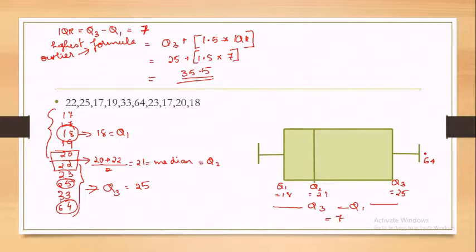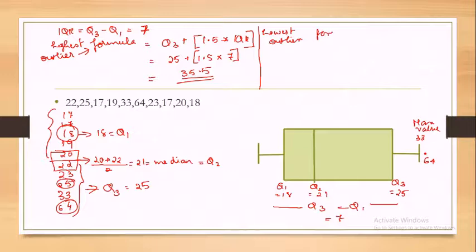Now what about the maximum value? Your maximum value over here is 33. Your maximum value can go up to 35.5, but in this data set you have only up to 33. So your maximum value is 33. So you just write that over here. Okay, now you have to find out the minimum value. Now for that, again you have to seek the help of finding the lowest outlier,